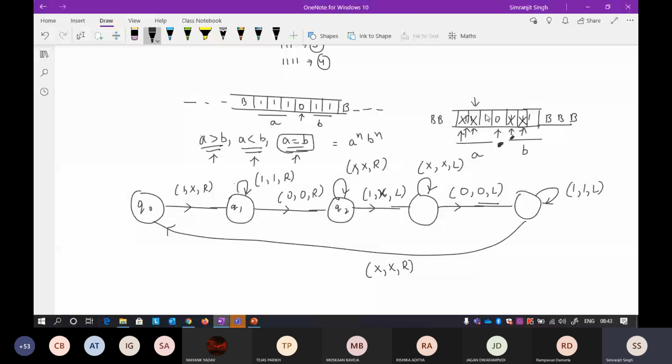Okay, so now the pointer will be here, keep the x. Okay, so now in the path you will get when you put the x. Okay, so there is no need for this one. So directly you are getting a 0, so you can directly go towards this one. So 0 0 r, so now your pointer will be here. Now x, now there are a number of x's in here. Now the last path will be your 1. When you find a 1, you keep this as x and you start moving towards the left.